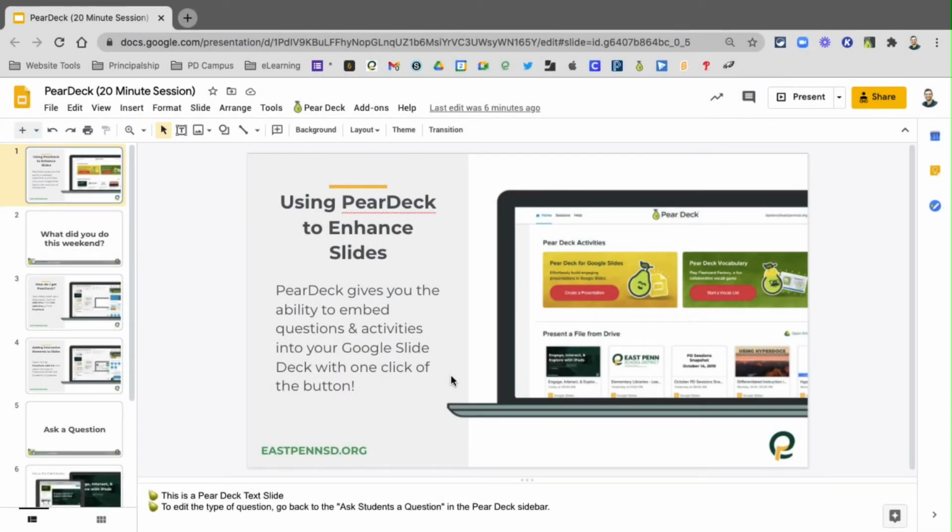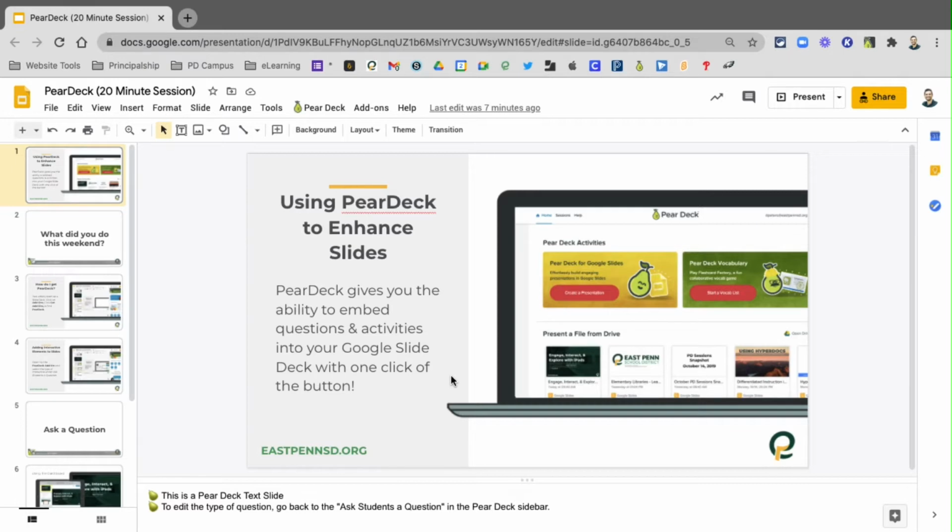Pear Deck is a powerful tool that can turn your Google Slides into an interactive presentation. In this video, we're going to look at how to leverage dual monitor view so that you can project the slide deck on your projector and see the dashboard on your Mac or iPad. This will give you many advantages in the classroom, such as being able to move from slide to slide, view your notes that you may have in your slide deck, or even select the answers that you want the students